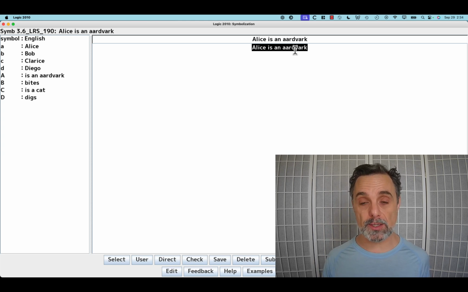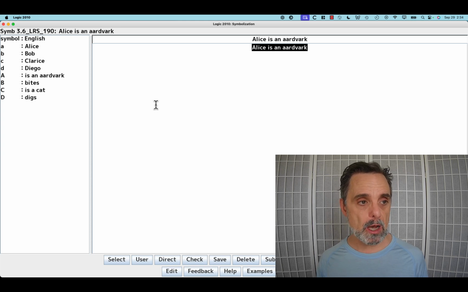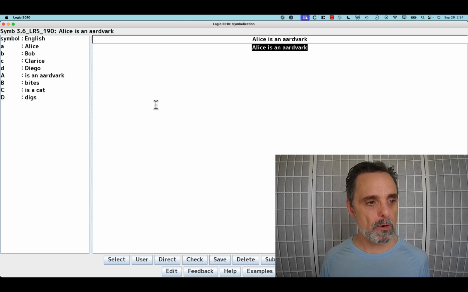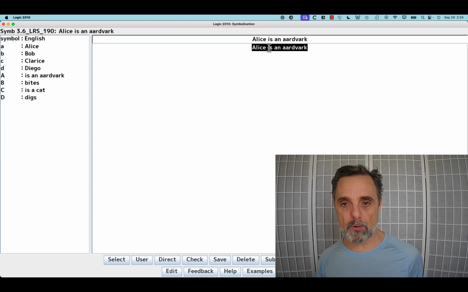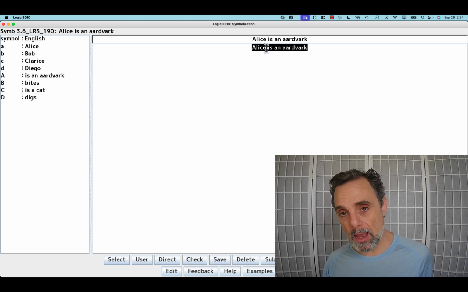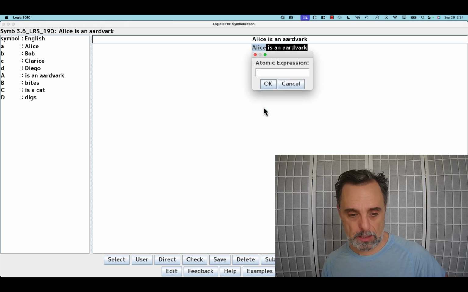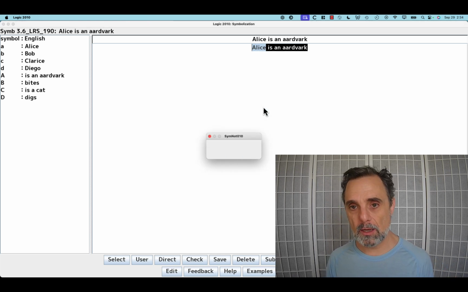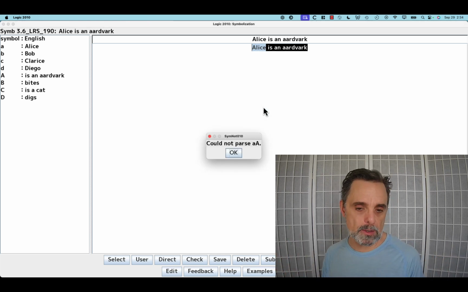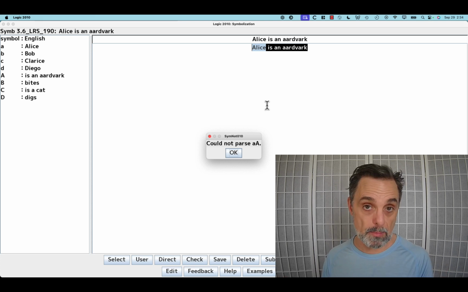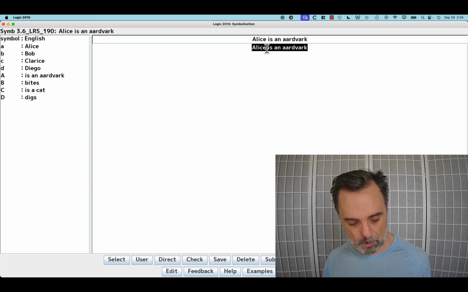We're going to start with Alice is an aardvark. We see, and that's 190, we've got a bunch of names, little a, b, c, d for Alice, Bob, Clarice, and Diego, and then big A is an aardvark, big B bites, big C is a cat, and big D digs. So Alice is an aardvark. So that's going to be big A, and that would be little a. So we'll say atomic, and let's try little a, big A. Oh, no, that's wrong. When it says could not parse little a, big A, that's telling us that we messed up the grammar, and we did. Our grammar requires